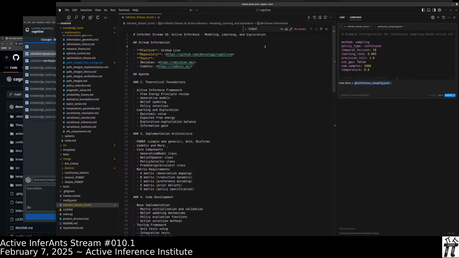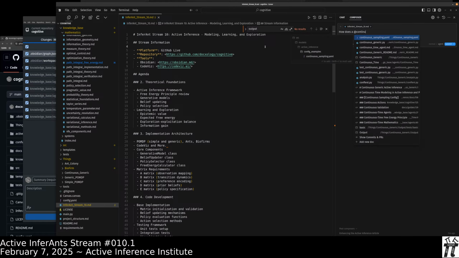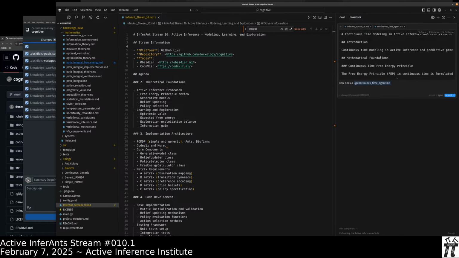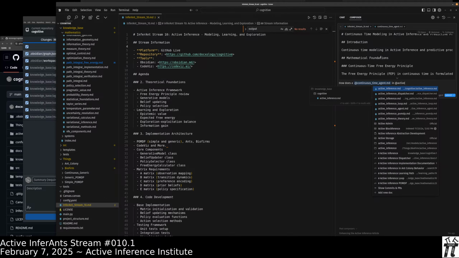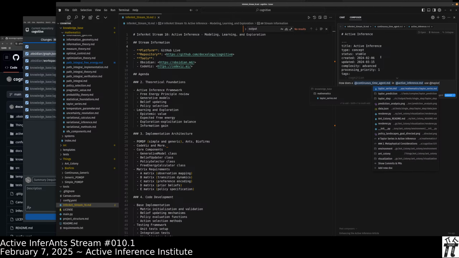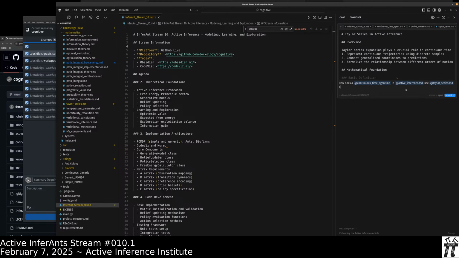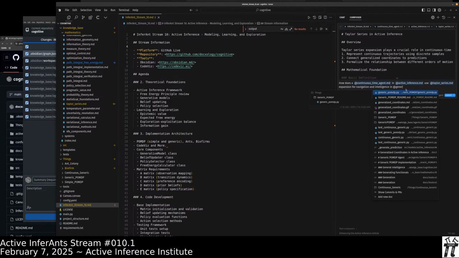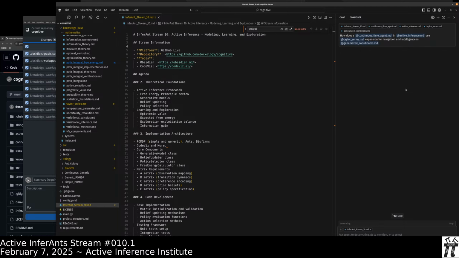How does a continuous time agent in active inference use Taylor series expansion for navigation and intelligence in generalized coordinates? That question could also just be typed into or spoken to any other LLM interface.